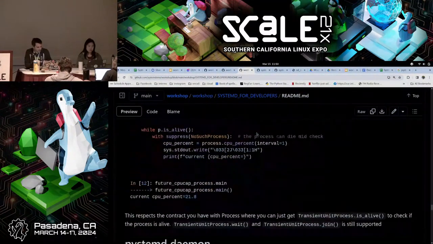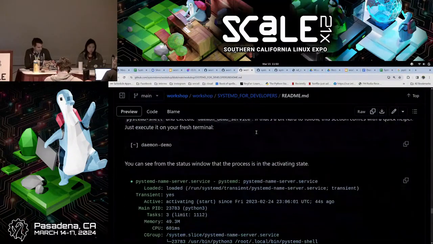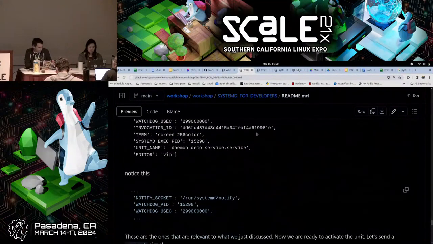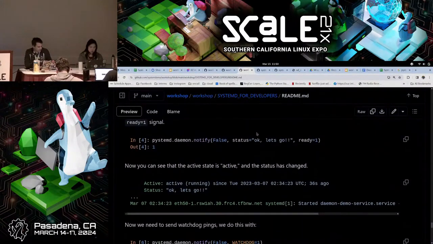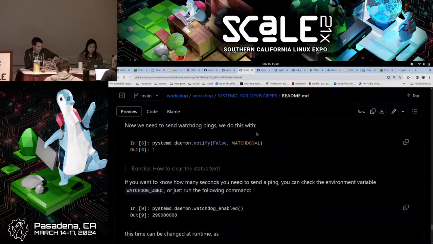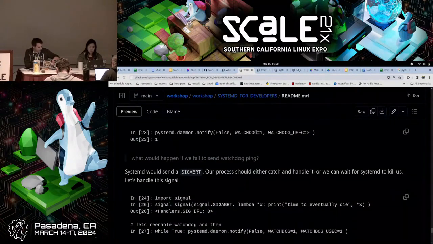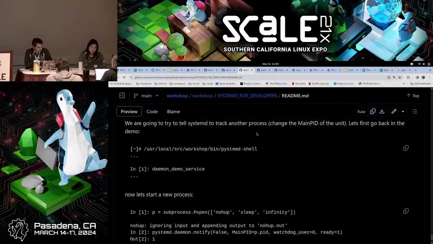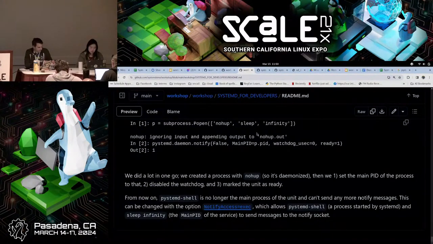And I think that's interesting, and I think we have been on this topic for way too long. We have a notify and watchdog module at the end if we get to it, so this is not really relevant. We can do that later. So yeah, this was the section, a very long section, about how you interact with systemd from a programmatic